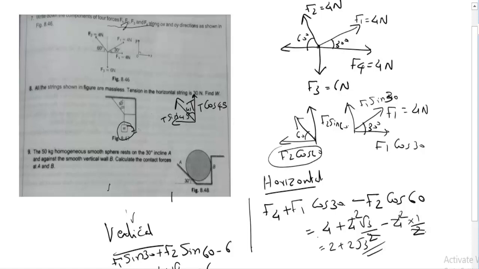This 30 Newton is the weight which is given, which is balanced with the T cos 45. So we can write T cos 45 is equal to, what is that, 30 Newton, because that is the vertical component which is balancing with the 30 Newton. Here itself W is acting downwards. Here T cos 45 we can write as equal to W. W is the weight which is acting over here, right? So T cos 45 is balanced with the W.